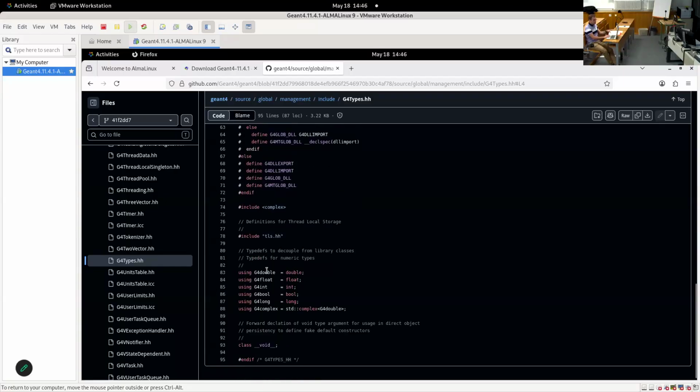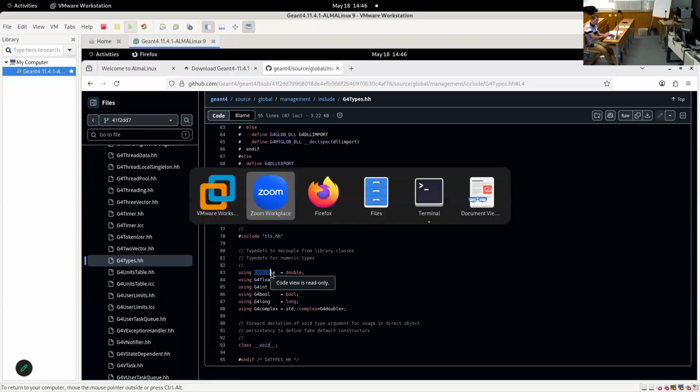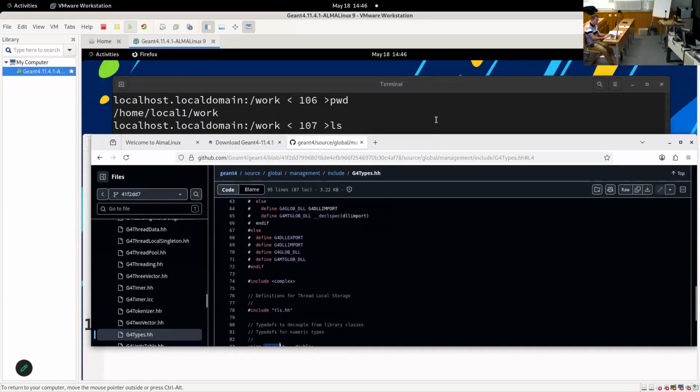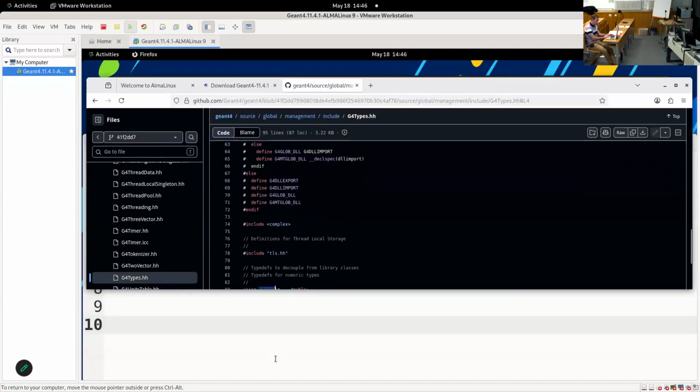what it contains is a list of aliases here, and as you see, this is just an alias on top of the standard C++, but you have to get accustomed to using this. If just in case in the future, Geant4 decides to change the G4double for something else, it will be more comfortable for you if you simply use G4double, and everything will be changed consistently. So we can use these types by